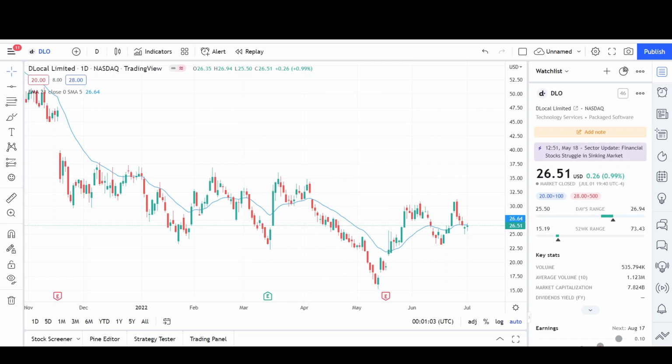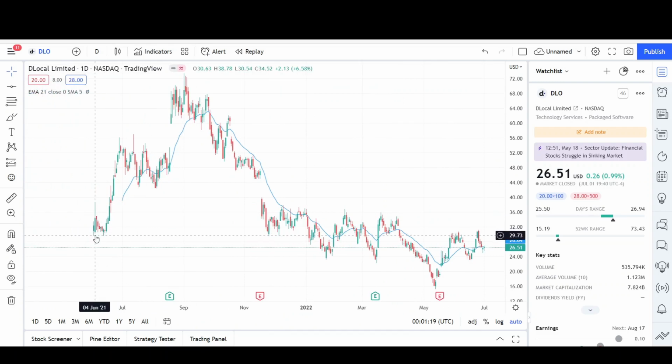I will first go over what I see in the daily chart and finish the video off with the weekly chart. Here we have the daily chart for DLO, so let's go over what has happened since it IPO'd in